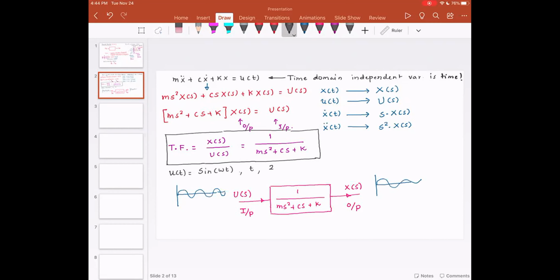All this mathematics is handled by MATLAB. And I'll take an example in just a minute to show you how this problem would typically be solved using